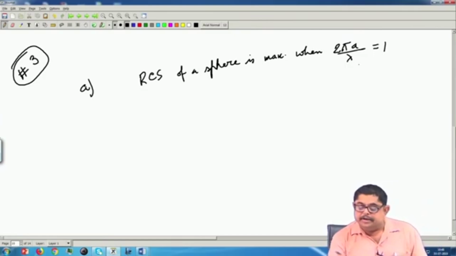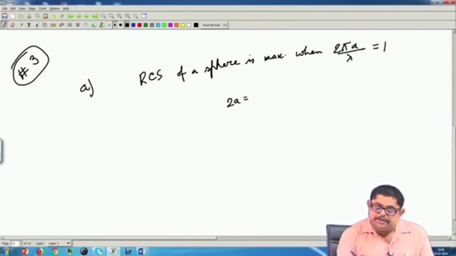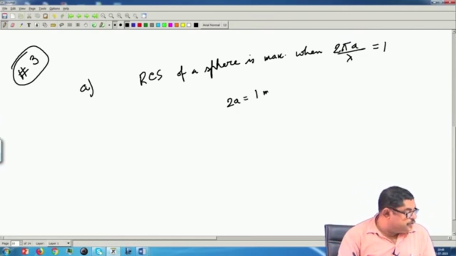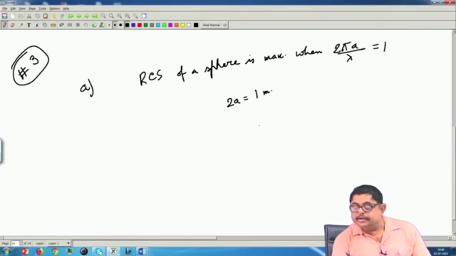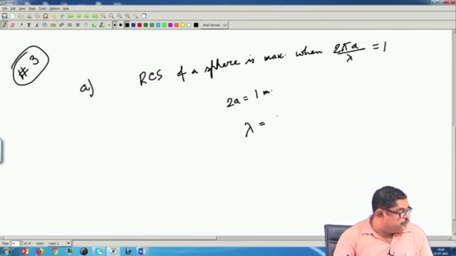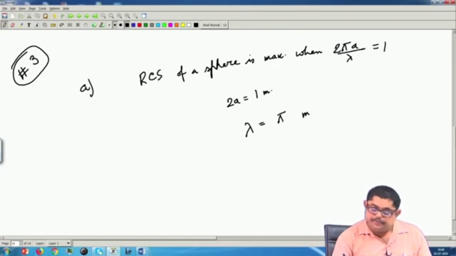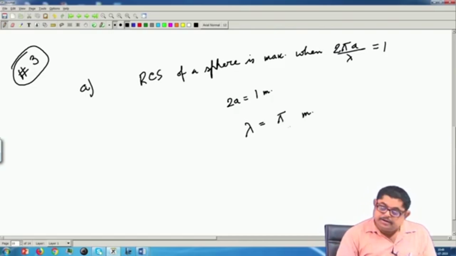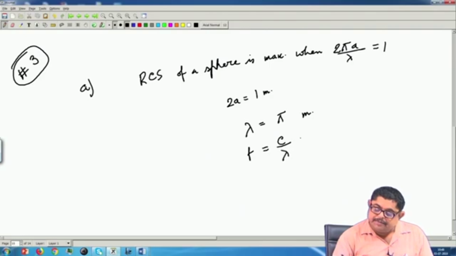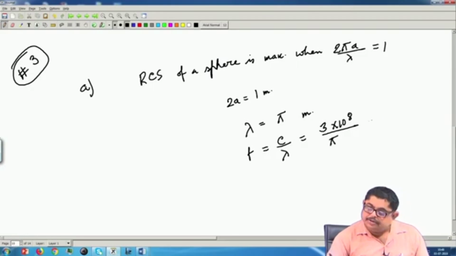So, here it is given that 2a is 1 meter. So, we can say that lambda will be pi meter, and now I will have to convert it to frequency. So, frequency is c by lambda. That means c is 3 into 10 to the power 8 and lambda is pi. So, that will give me